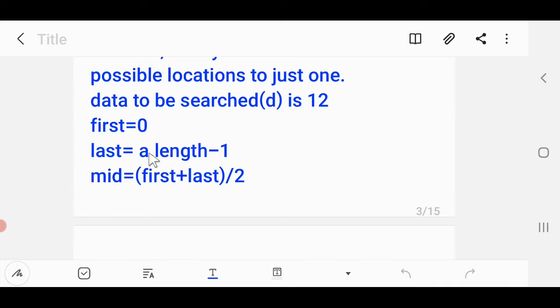That means one less than the length of the array. Here I've written the name A instead of AR, so that's quite fine. I'm just discussing the concept, not the actual code. And students, you have to calculate mid by adding first plus last and dividing that sum by 2. So we get mid. These three things you always remember, students.